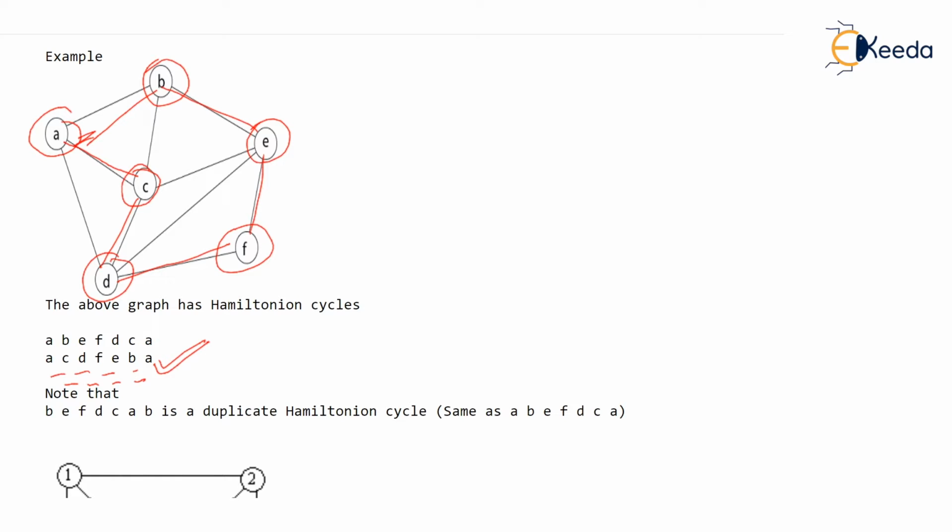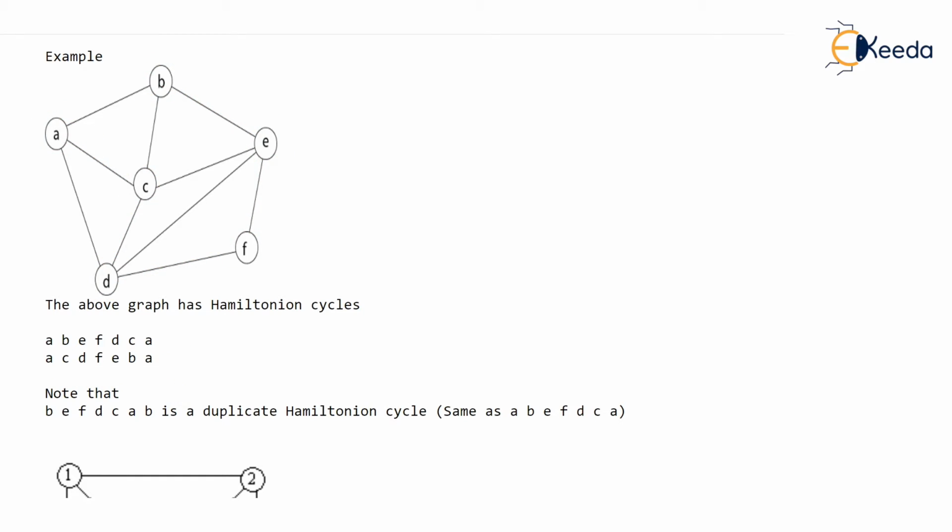And we want to write an algorithm on a graph such that the algorithm will find all the cycles. It won't just find one cycle. It might happen that the graph given has absolutely no cycles. Then the algorithm should even find out that the graph given has no Hamiltonian cycle.